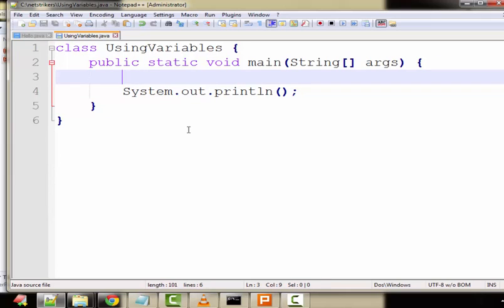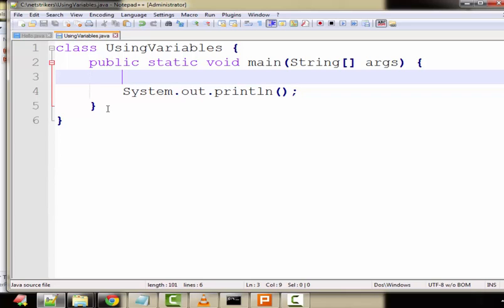Suppose I want to store my age in one variable and then later use that variable to print some value. For example, my age is 21, and as I told you in my previous tutorial, it's always better to use only those variable data types which can hold the specific value needed. For example, age cannot be negative, so the maximum age could be 127 itself.